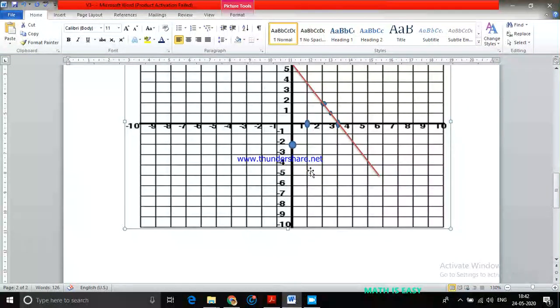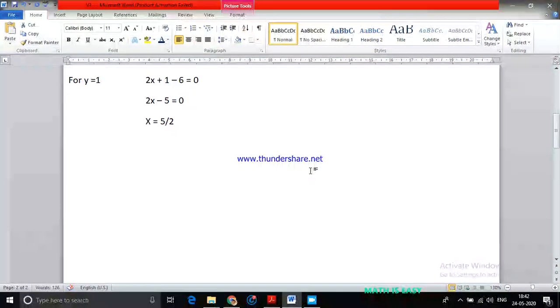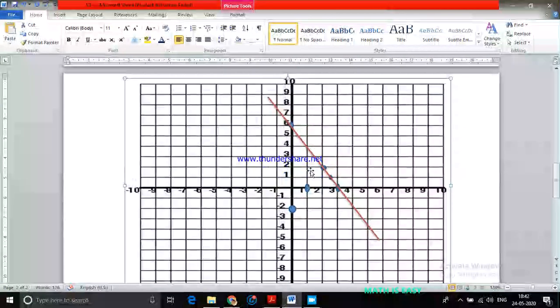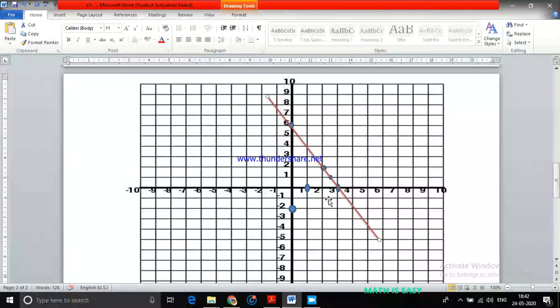So this is 0, comma minus 2. And what is our third and last point? 2, comma 2. Where does 2, comma 2 lie? X is 2, y is 2. This is x is 2 and y is 2. It's already written there. So now I'll draw a line